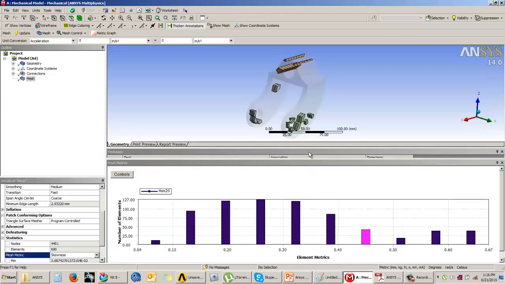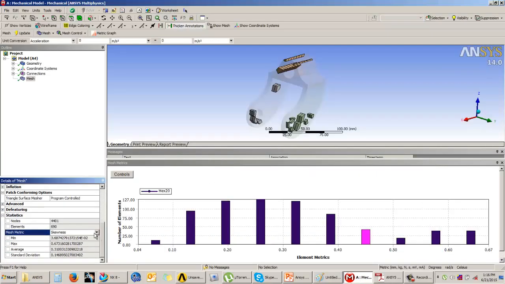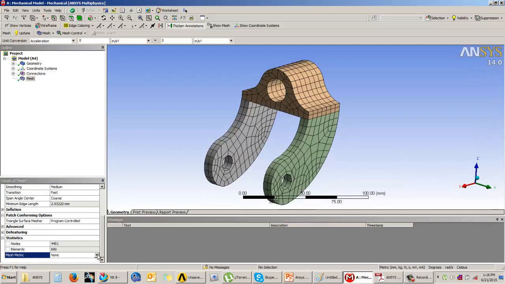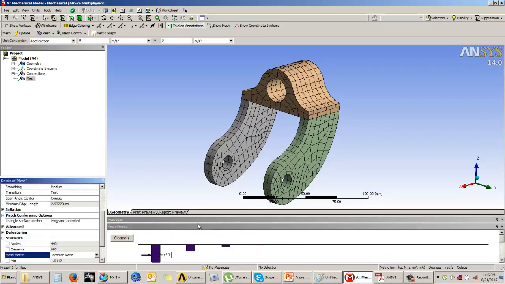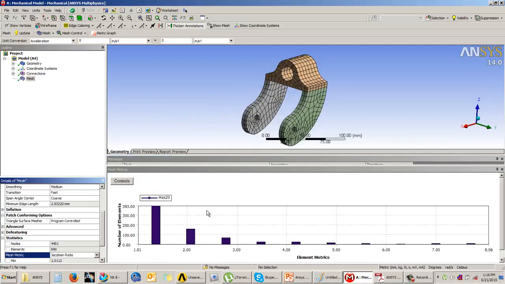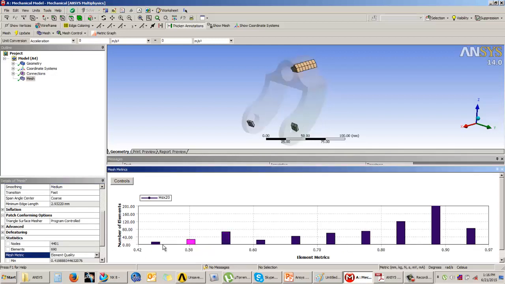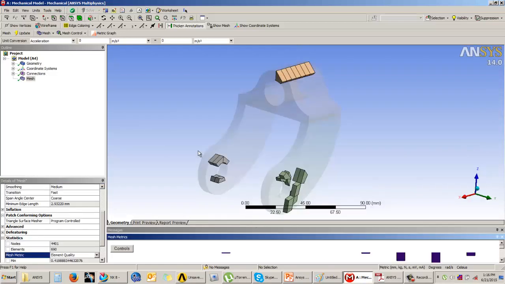Okay. So this is how you can check the quality of your elements and understand whether the elements that you have generated are good or not. Now in this check, we have understood in Jacobian ratio that we have some elements that are bad. In element quality also we have understood that we have some elements which are closer to 0. Okay, so for improving this quality, what we can do is,